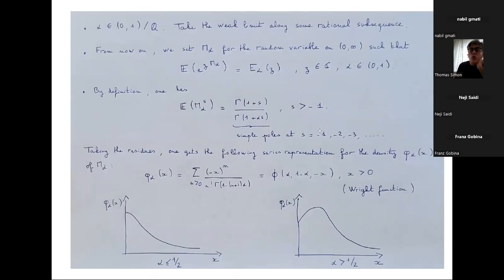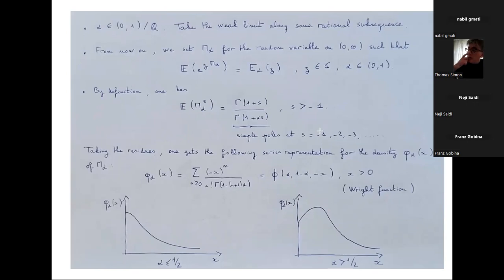The person who did notice this for the first time was Pollard, or Pollard, I don't know how to pronounce it correctly in English, in the late 40s, in a famous paper about the completely monotonic character of the Mittag-Leffler function, which is very well known by people using the Mittag-Leffler function. It was in 1948, and parallel to that, Feller did some work on the positive stable density, which is connected to the Mittag-Leffler random variable and to the Mittag-Leffler function.